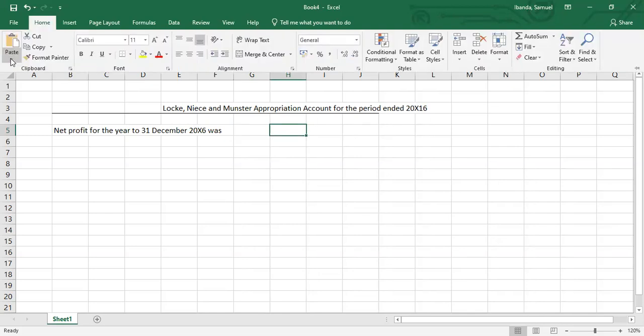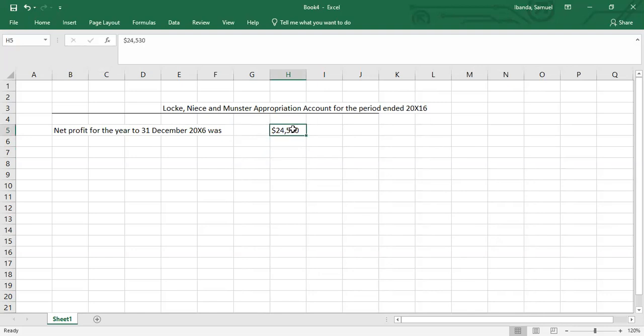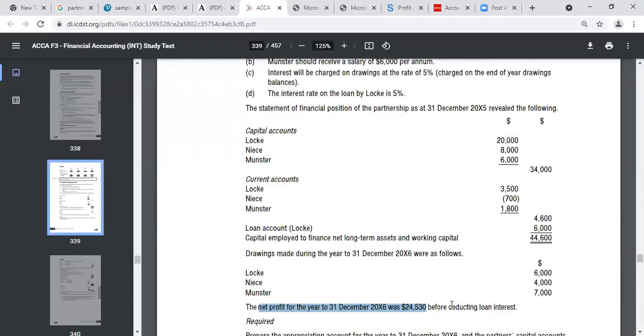Maybe I'll have these columns for my amounts. Okay. Yeah. That is what I basically have in USDs. Okay. So that is what I basically do have. Okay. Now remember what they told us about the appropriation account, that after we have gotten the net profit,